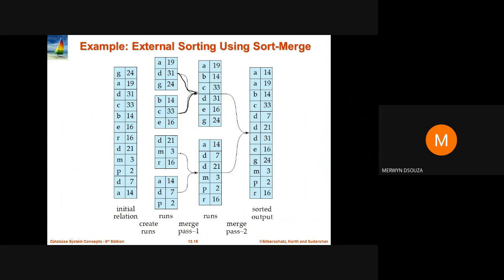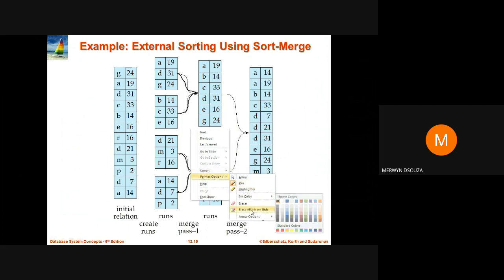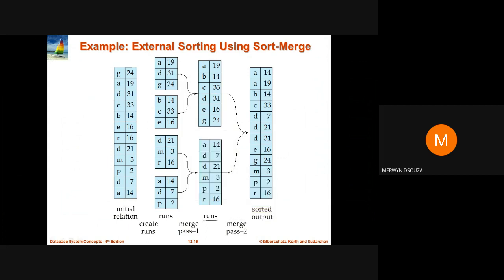Same thing is done with these two. As we merge, we sort it. I just explained to you the concept of how the sorting is done. So this is also known as a run. Now in this run we have two, this is one and this is two. The same concept will be applied while we merge this into the final sorted output.